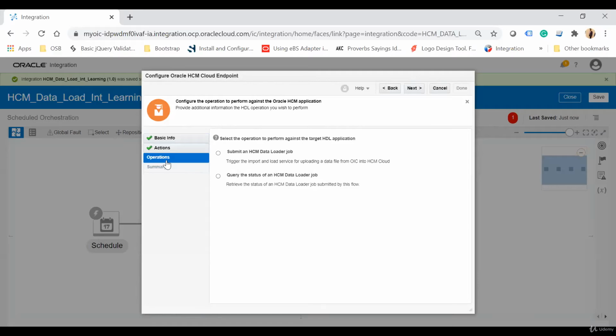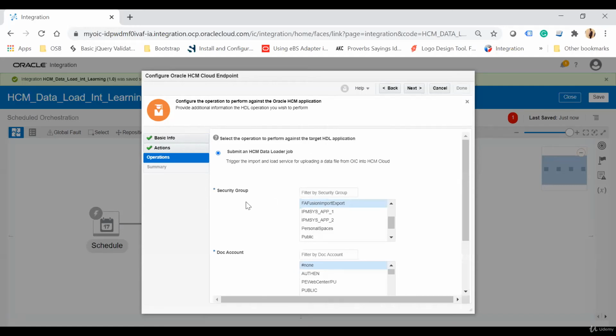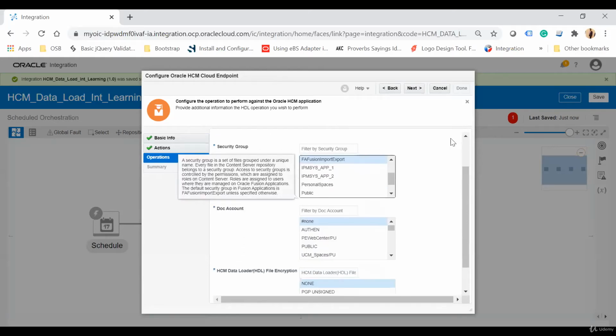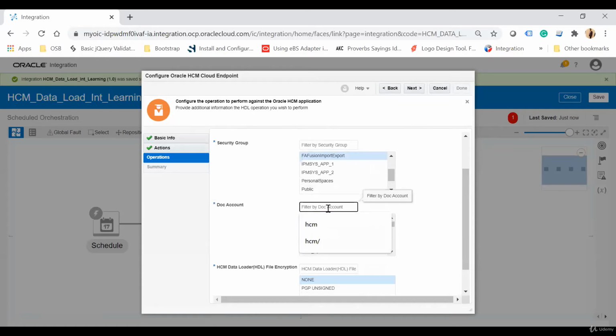So on the operations screen, there are two operations. One is submit an HCM data loader job and then query the status. First I'm going to use this option because I wanted to load the data. Once you select this, you need to select the security group or the doc account. Use this FA Fusion import export security group, and here search HCM